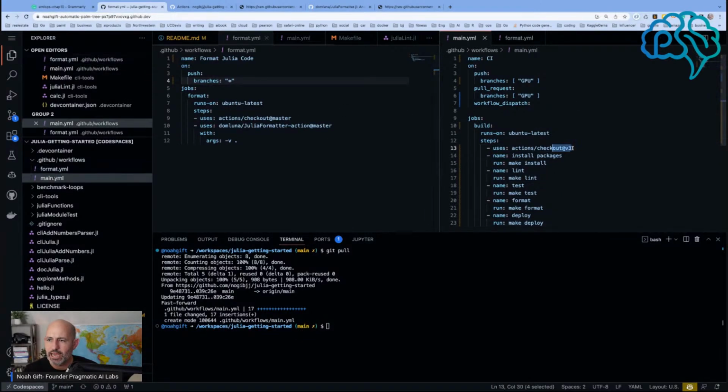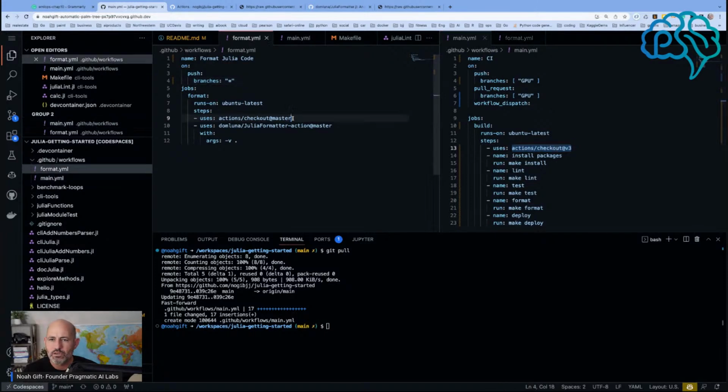uses actions checkout 3. What does that do? With args. Run aim. So I would say it would be the width is where things get tricky here,